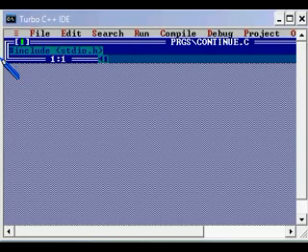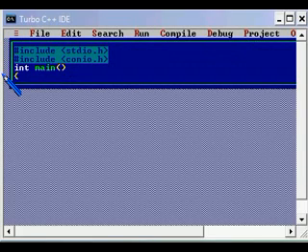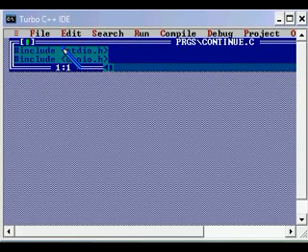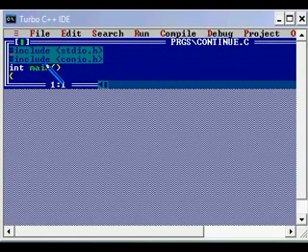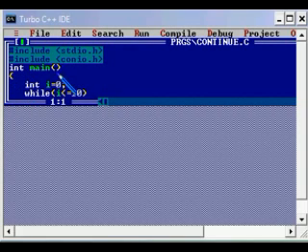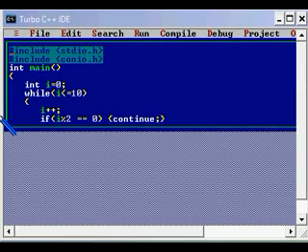Here we have a simple C program with a loop. We have the standard header files: stdio.h, the standard input output file that is being included, and conio.h, console input output, that is for getch, clrscr and all. To use those functions we need these header files. And int main is the entry point of the C program, and here we have declared one variable I. The value of I is initialized as 0. We have a while loop here.